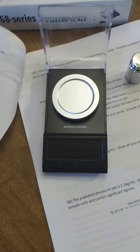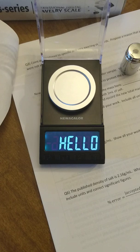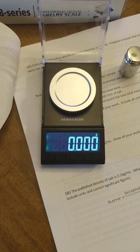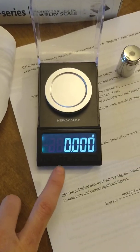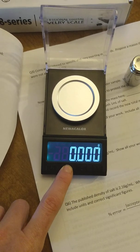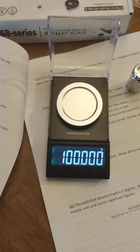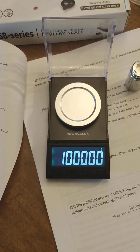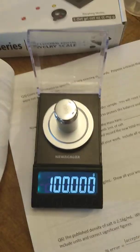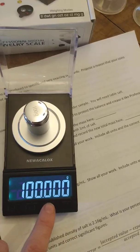Okay. So now what you're going to want to do is push the far left button to turn the balance on. It says hello to you. And before you use the balance, I want you to calibrate it. The second button is mode. Hold that down until you see cal. Nope, hold that down until you see 100. That's right. Once you have the 100 reading on the scale, place the 100-gram sample on the scale and push the...